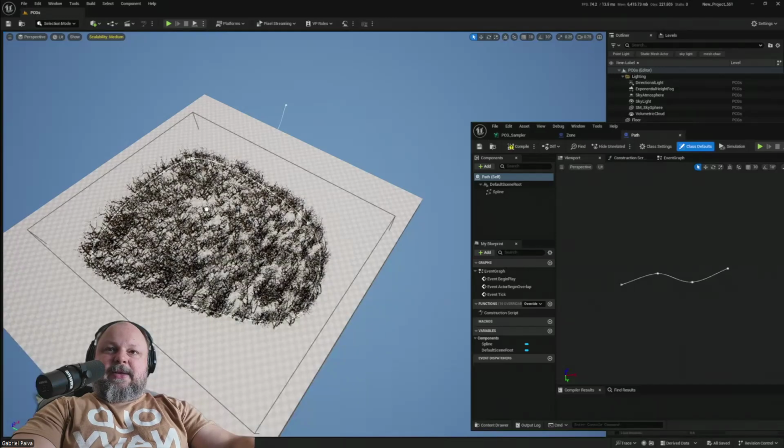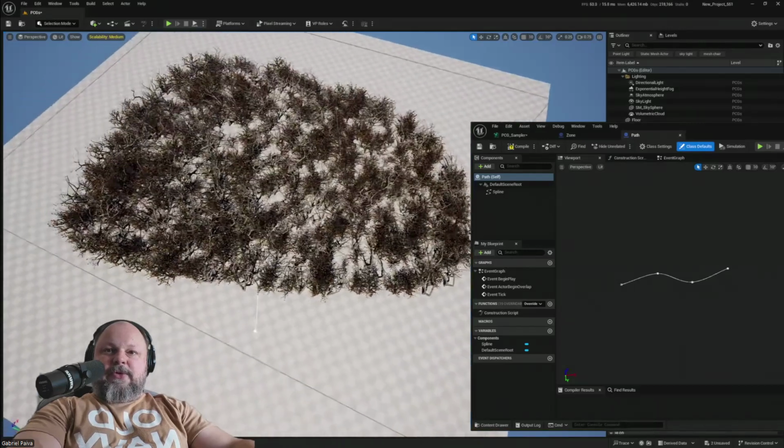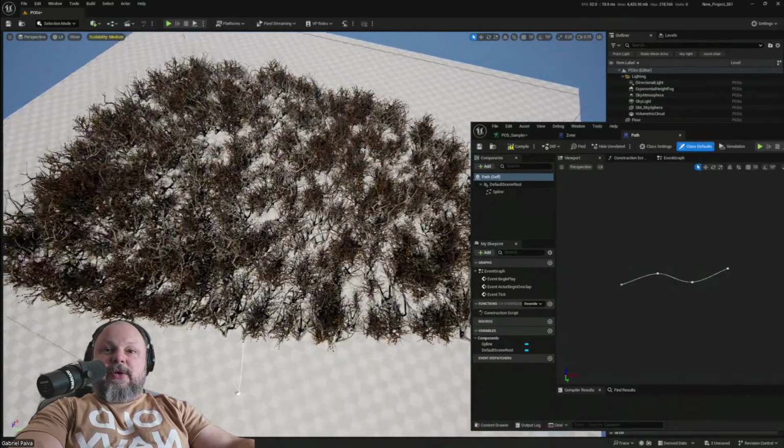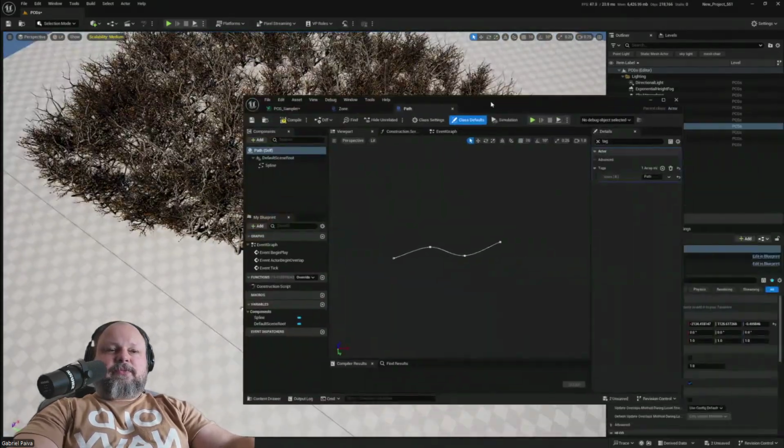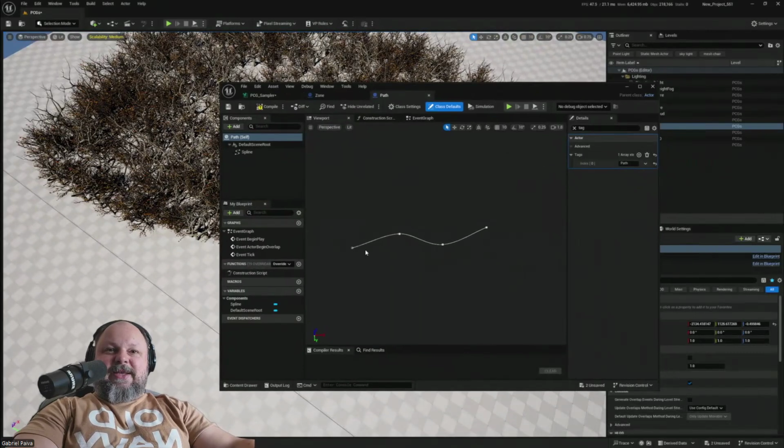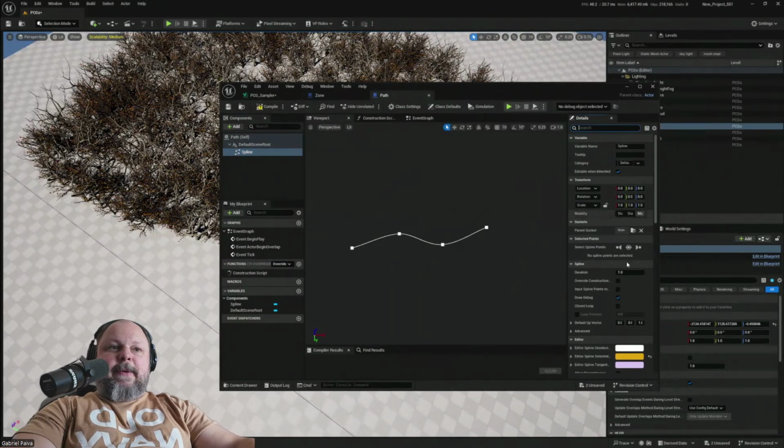Let's grab our path and throw it there. And right now it's not going to do much. Oh, there is something more that we want to do here now that I realize. You can see that it's very thin, right? It doesn't have an actual width of the path. So if you select your spline component, there is,